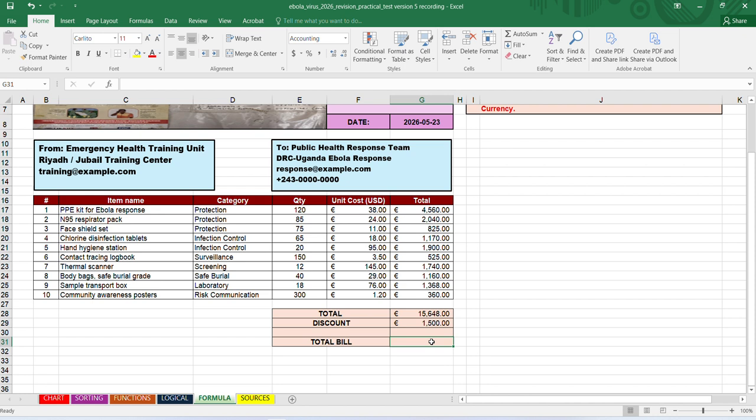Press equal from your keyboard and then click 15,648 in this cell. That is G28. Then press minus from your keyboard and then click this cell, that is G29. As you can see, our formula is equal G28 minus G29. That is the total bill. So press enter. That is the answer.